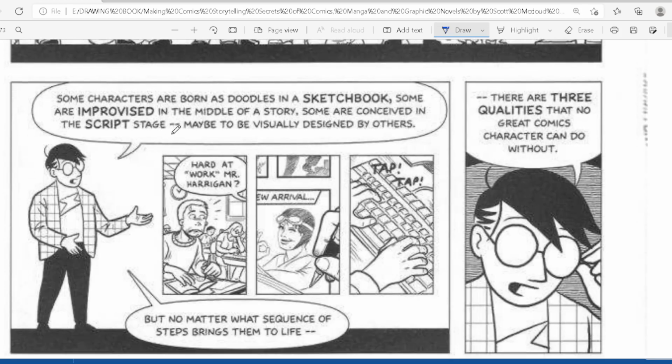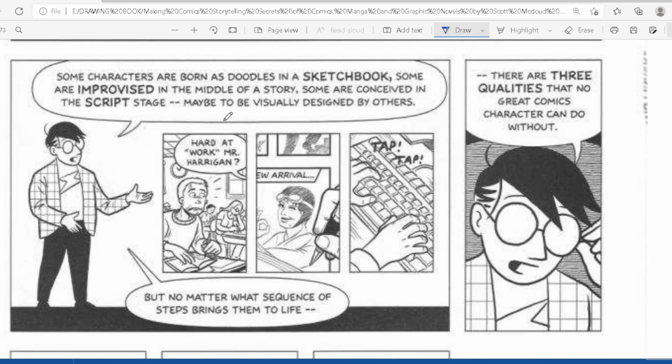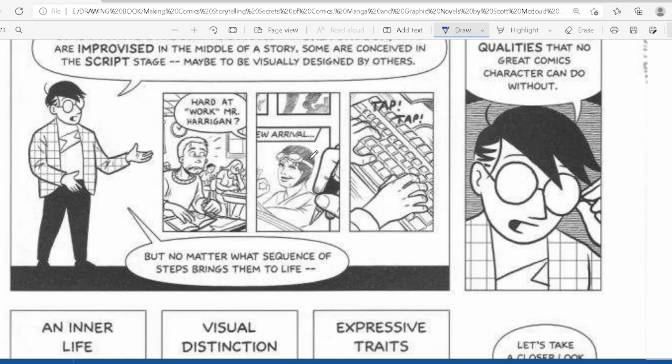Some characters are born as doodles in a sketchbook, some are improvised in the middle of the story, some are conceived in the script stage, maybe to be visually designed by others. There are three qualities that no great comics characters can do without,